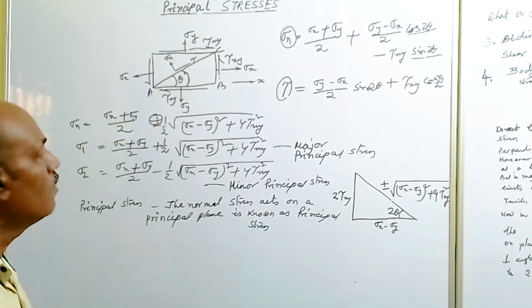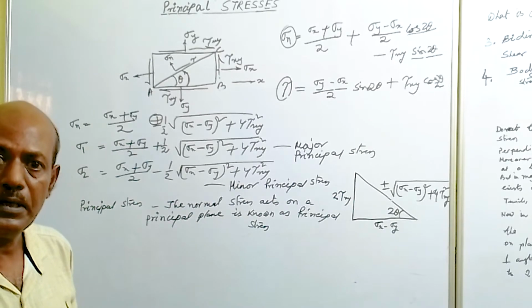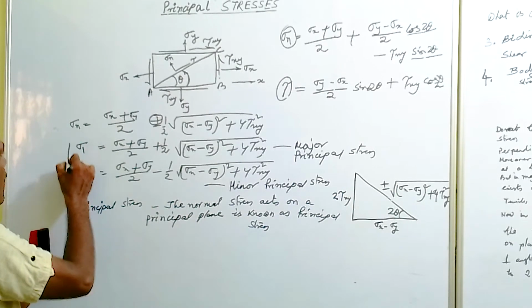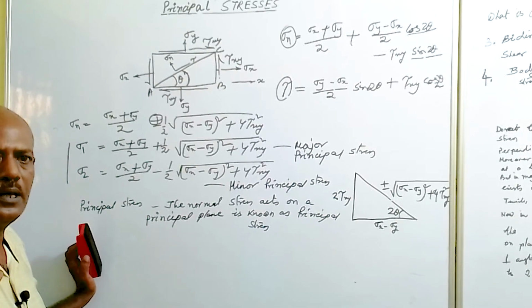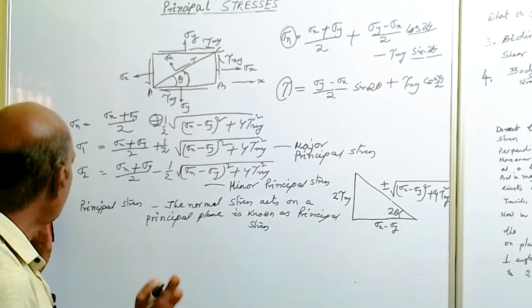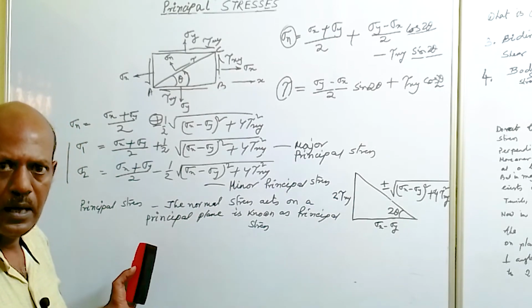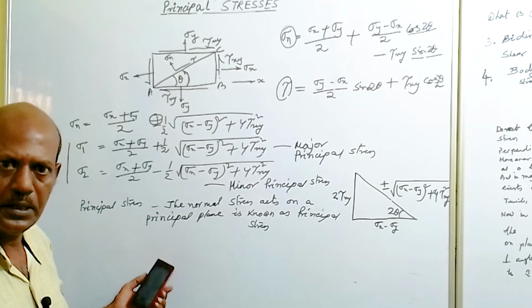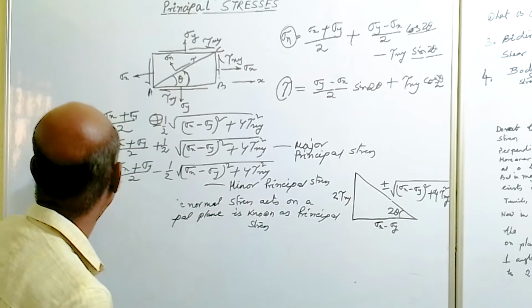Okay, that's all about this principal stress calculation by using the analytical method. By using the formula, you can directly calculate the sigma 1 and sigma 2 values. And the other part of principal stress, how to find principal stresses by using Mohr circle, we will see in Mohr circle. So, before that,